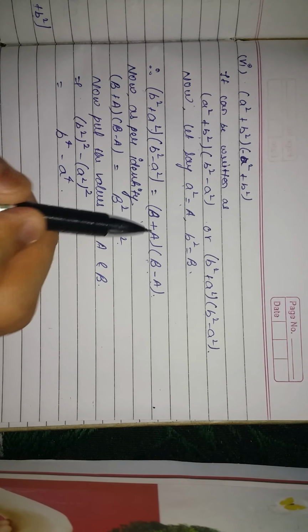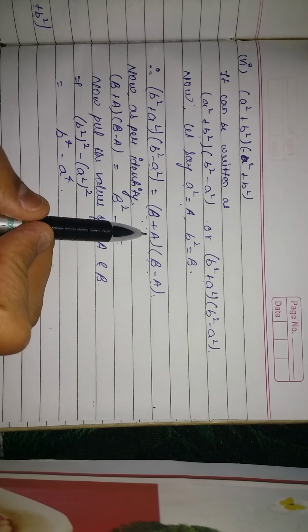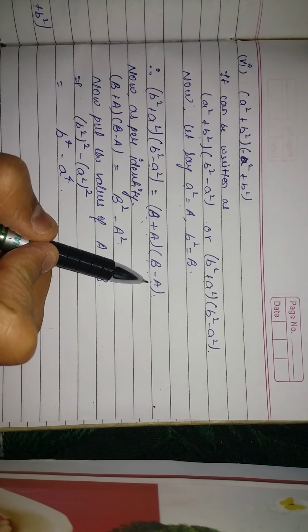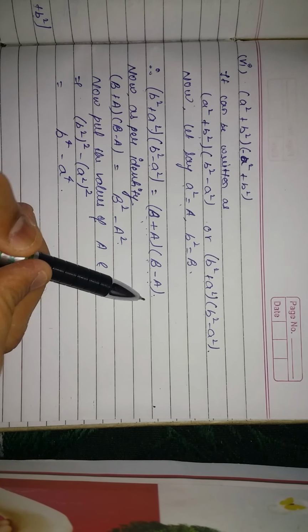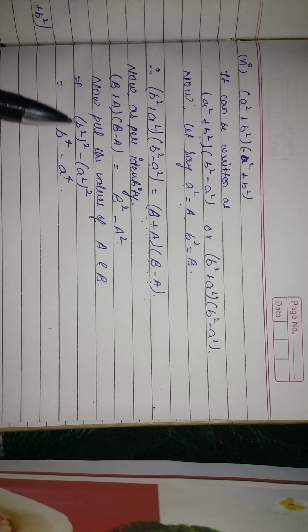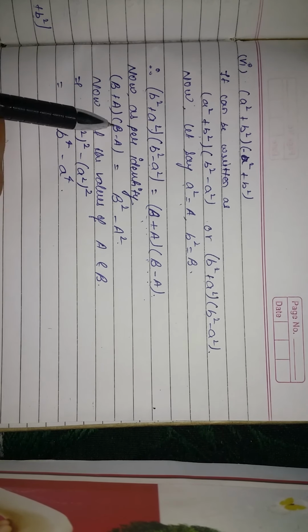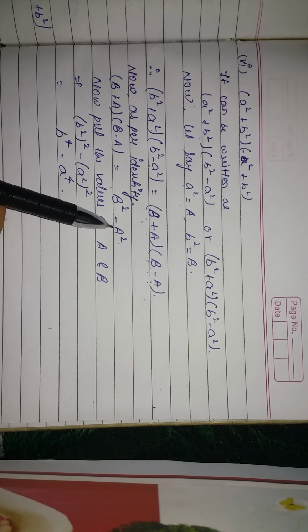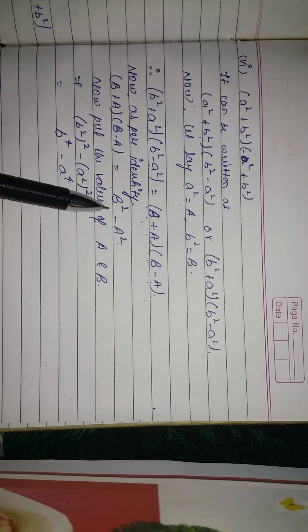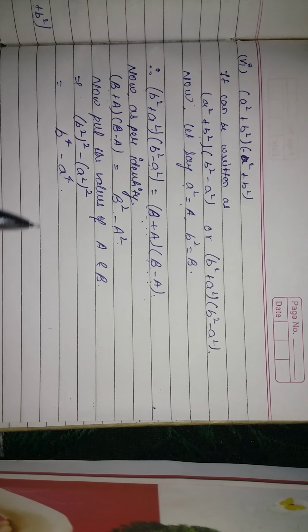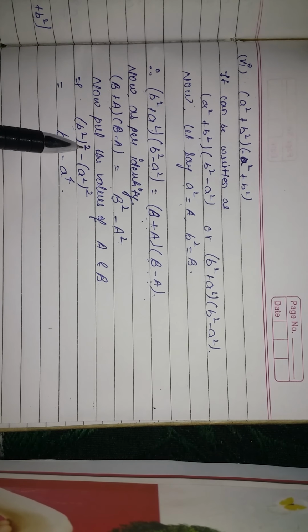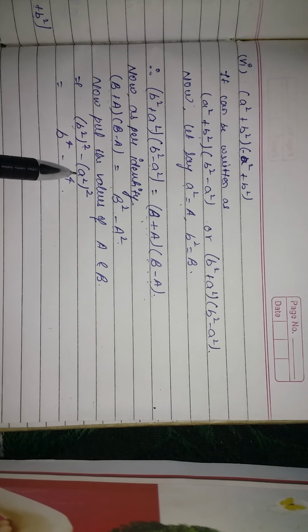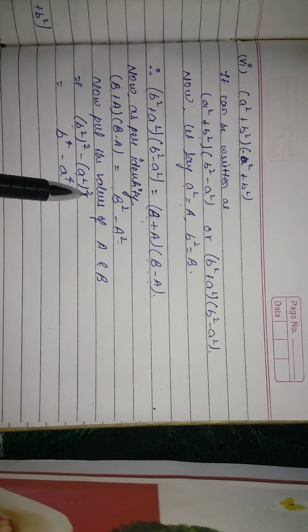Now remember the identity (a plus b)(a minus b) is equal to a square minus b square. Here you have (B plus A)(B minus A), therefore it will be B square minus A square, right? Now put the values of this capital A and B. So B square was this small b square, and this square will come as it is. Now at the place of A, write a square. This will remain as it is.